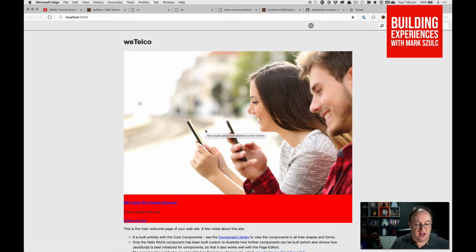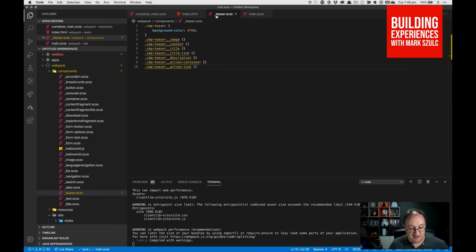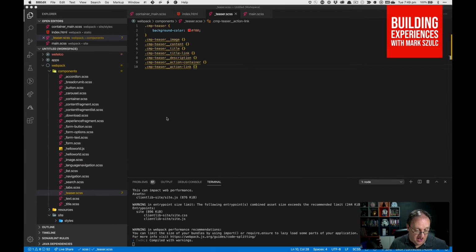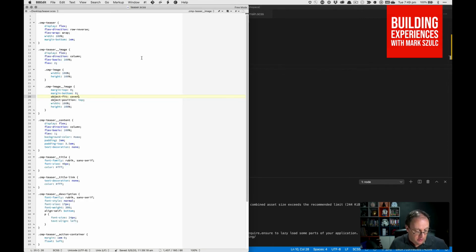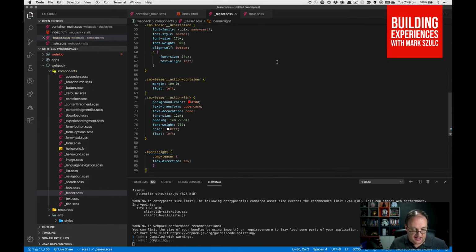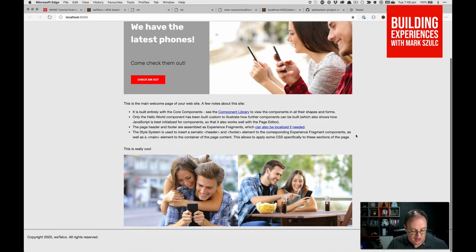Now, I'm not going to bore you with me trying to design on the fly. As I mentioned before, I'm not a designer. I appreciate design. I attempt design, but I sometimes leave it for the experts. But I quickly put together an example here, and I'm just going to copy paste this code here. Let's hit save, and let's go back to that file. And so now you can see that I've just put in some example code markup for my banner here, my teaser component. So that's looking pretty good,